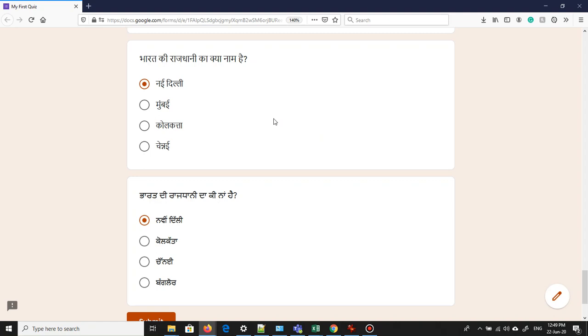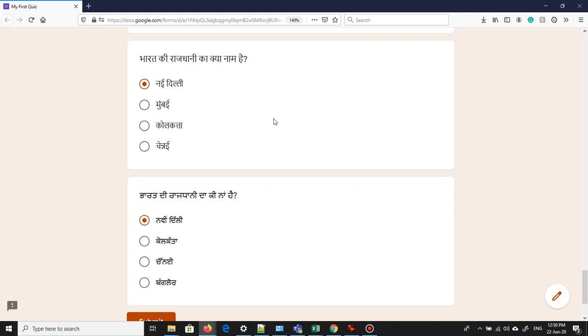The only problem with Hindi and Punjabi is we cannot ask them to type answers, because they would probably not be able to type answers there. So we cannot give them short answer questions for Hindi and Punjabi. We can possibly give them multiple choice or checkboxes or drop downs.